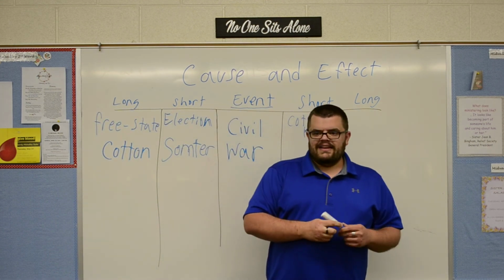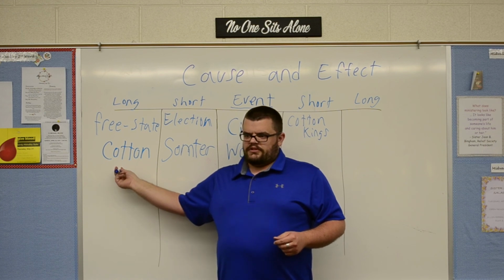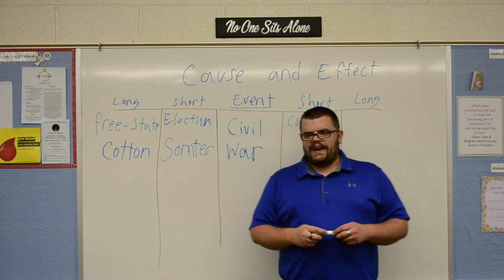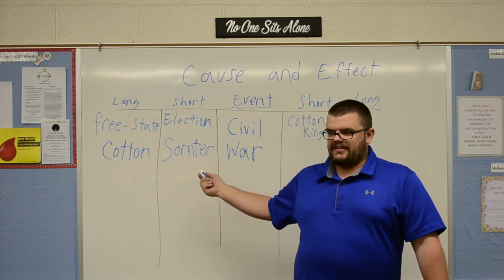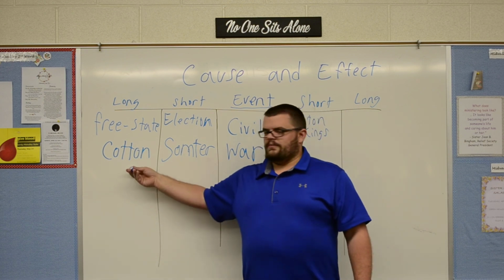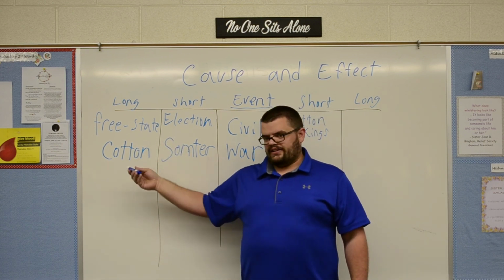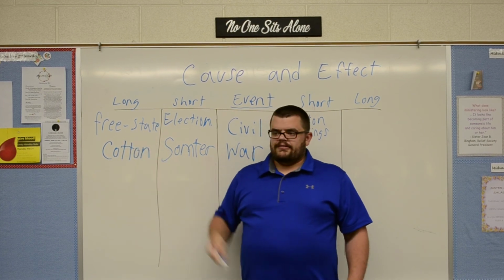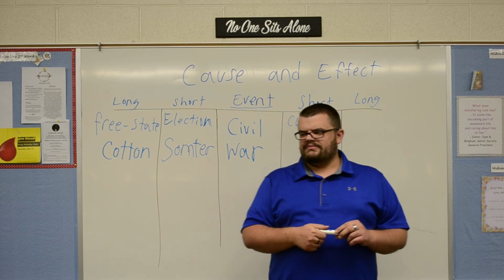Cotton. At this point in time, the cotton that the South produced made up 80% of the world's supply. Like 80% of the world used cotton from the South, all around the world. So this was a huge economic boom for them. They gained a lot of power because of this, and they wanted more land to grow more cotton, but they're being denied because they just put the Mason-Dixon line. The Dixon line, no, sorry.